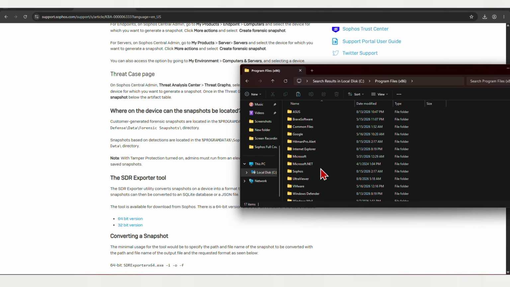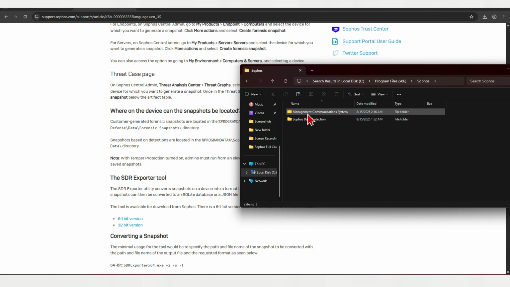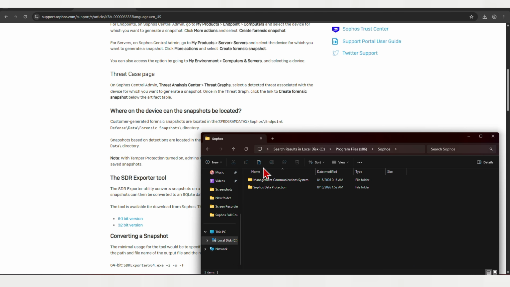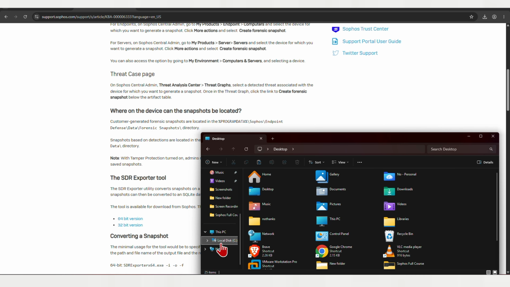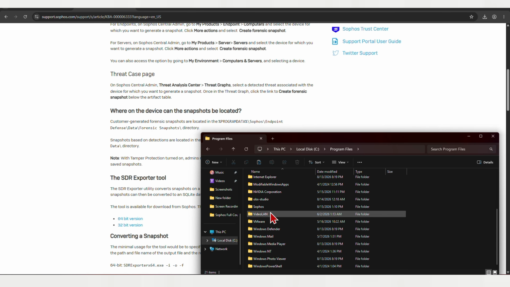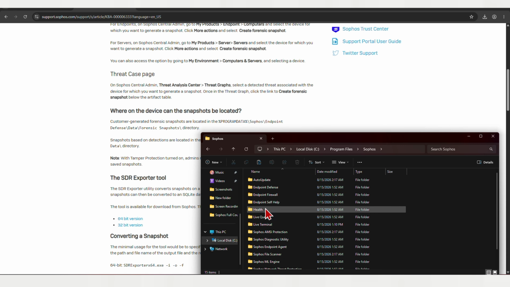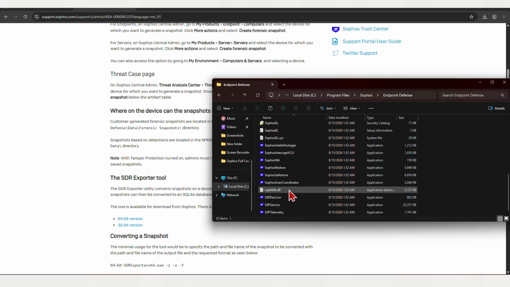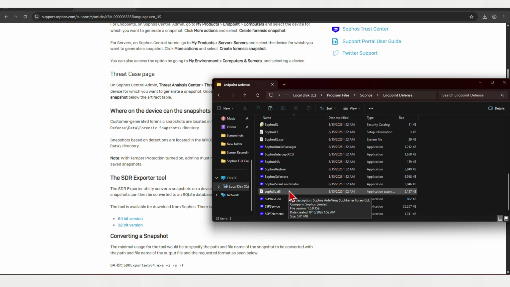Let's see. Suppose it is there. Management. No. Endpoint Defense. They want us to go there. So probably let's check all the Program Files, the normal one. Again, it should be there. Yeah, Endpoint Defense. Then go to the data, forensics. They don't have any folder here. So probably